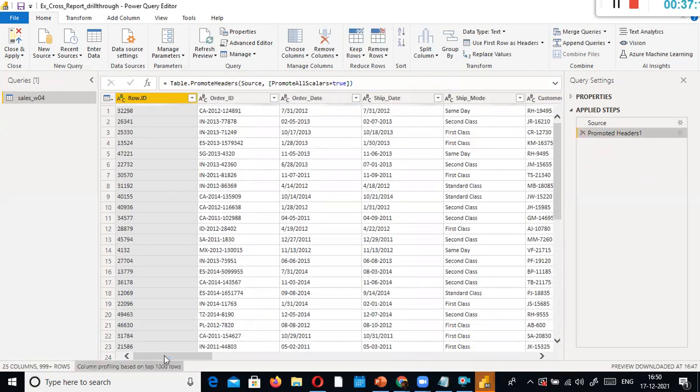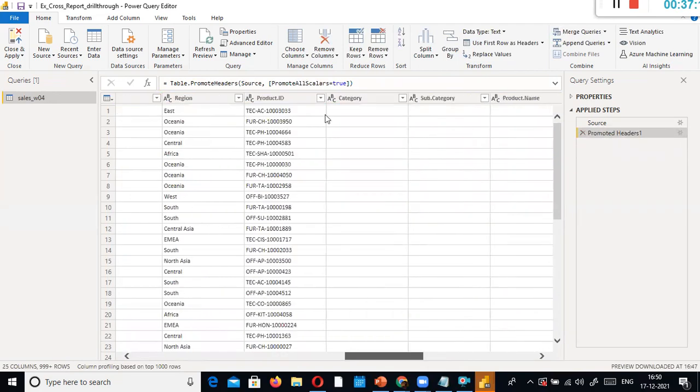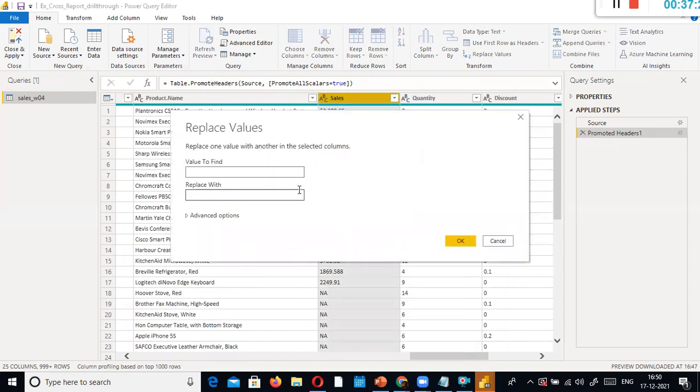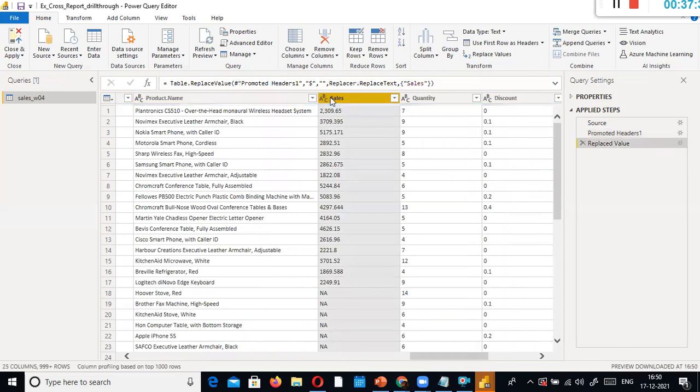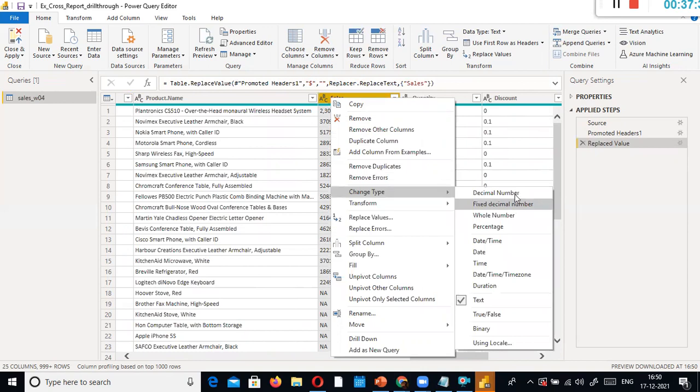Okay, next I just go here and we'll do a simple test, right click and replace values. Replace the dollar sign by nothing, and then still this one, I remove the dollar, and then change type, I change it to decimal number.